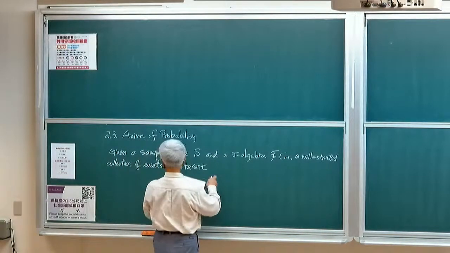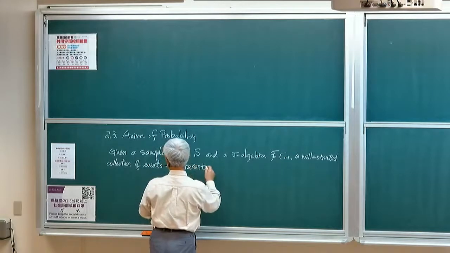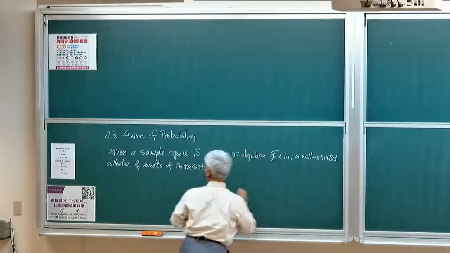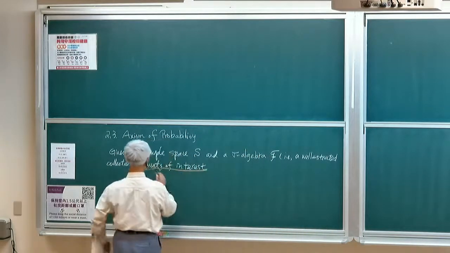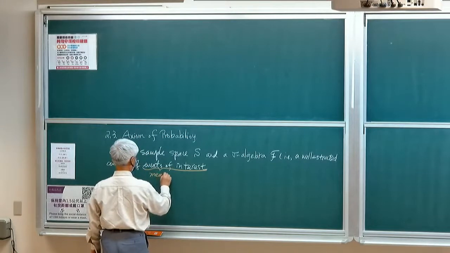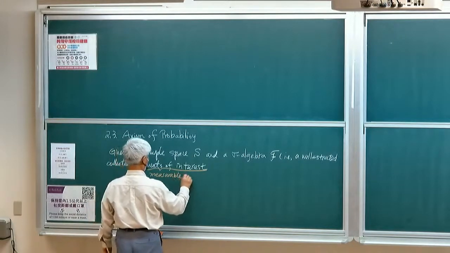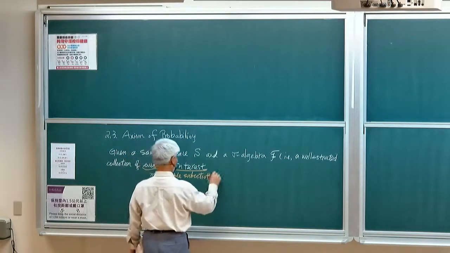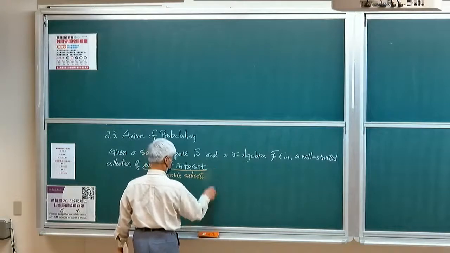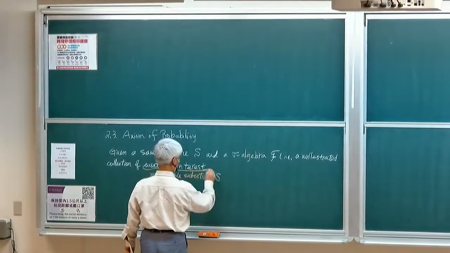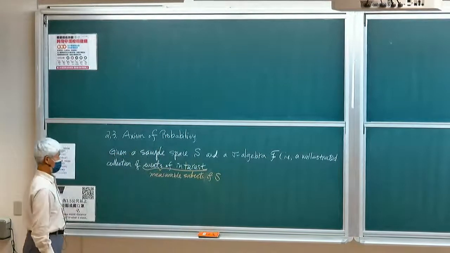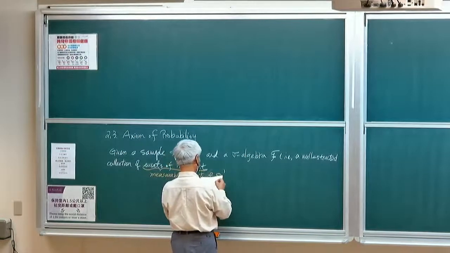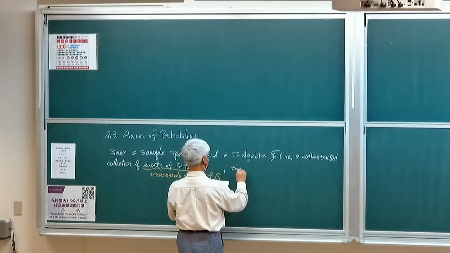Okay, and we also call events of interest measurable subsets of the sample space. Okay, we also call it measurable subset. Because of the assignment,